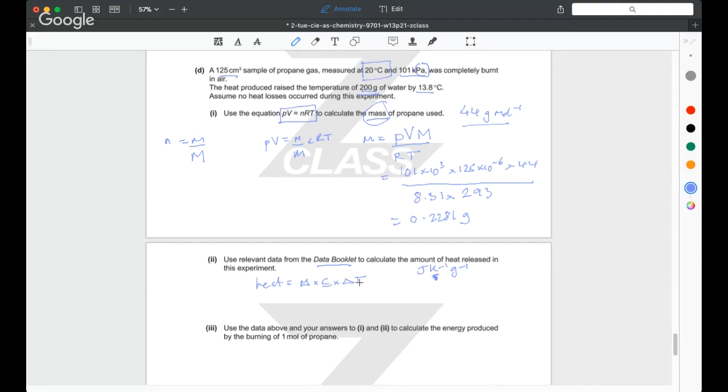So because this is a difference, not an absolute temperature, we can just put in there 200 grams times 4.81 times the change in temperature, and a change in temperature of 13.8 degrees Celsius is a change in temperature of 13.8 Kelvin. And if you do that calculation, you come up with